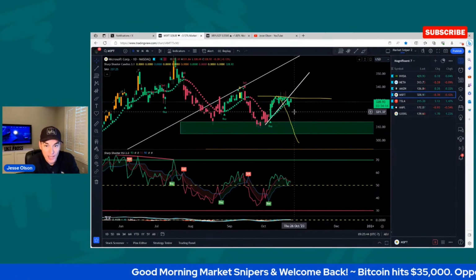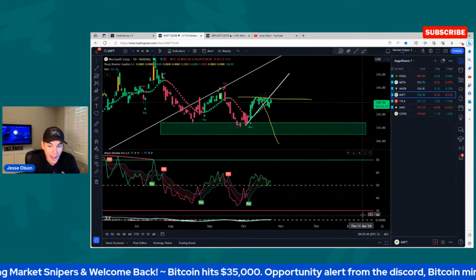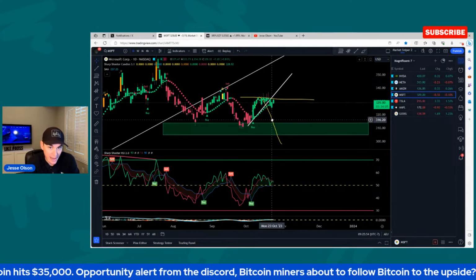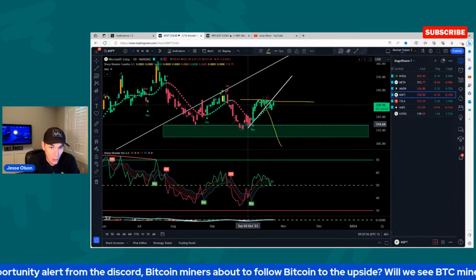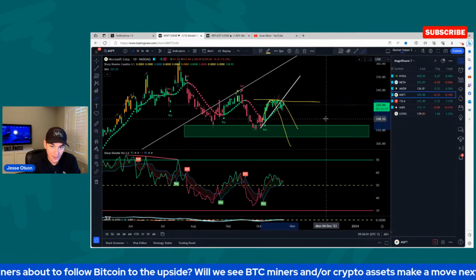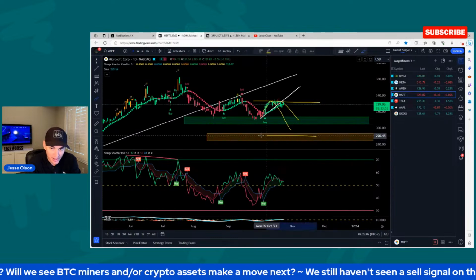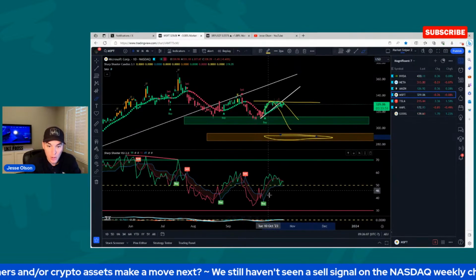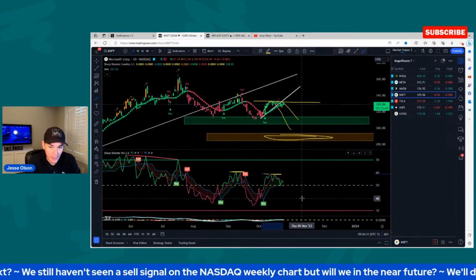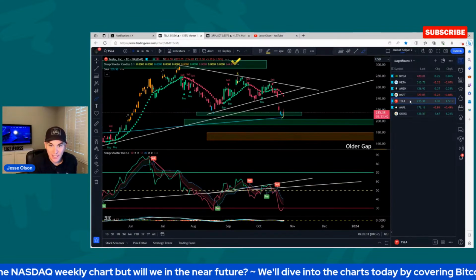Microsoft, is it still putting in this lower high, right? Is it starting to break down now? It seems like it is on Microsoft, right? So obviously it didn't come straight down. It's been more of a rolling lower high, and then see if it comes back down to this area and starts hitting lower targets from there. So we'll see. This is a lower high. Is this going to be another lower high and then come back down from there? So that's what we're continuing to watch. That's Microsoft.